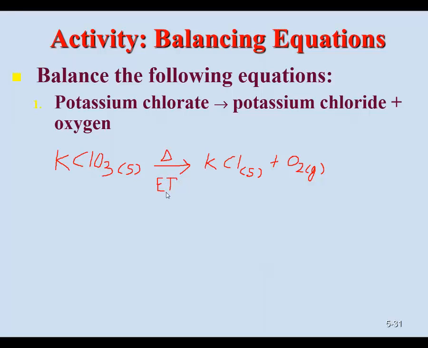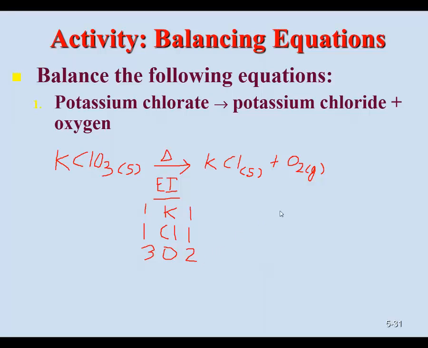Now my element inventory here, I'm beginning with potassium. And I'm just working from left to right in this case. So I have potassium, then chlorine, then oxygen. I begin with 1 potassium, I have 1 chlorine, I have 3 oxygens. I ended up forming potassium chloride, which is written as 1 potassium, 1 chlorine, but the diatomic oxygen we have only 2. So to balance for this,